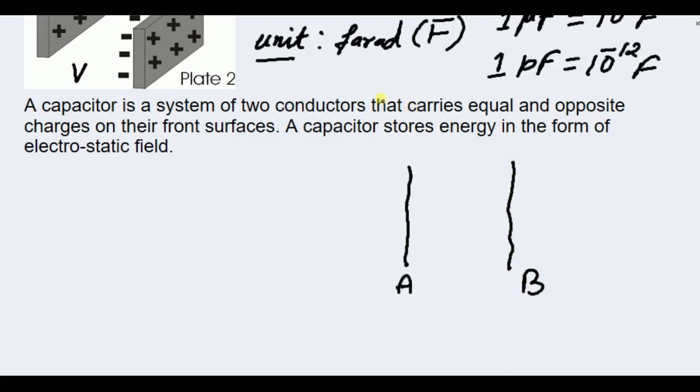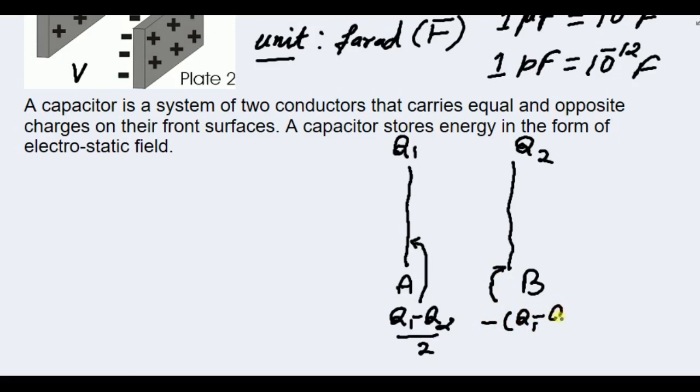Suppose charges on these plates are Q1 and Q2 respectively. Then according to Gauss's law, the charges on front surfaces of these plates will be (Q1 minus Q2) upon 2, and on the inner surface, that is front surface of B, will be minus (Q1 minus Q2)